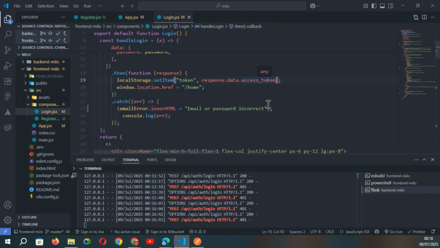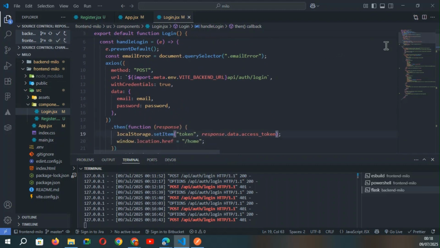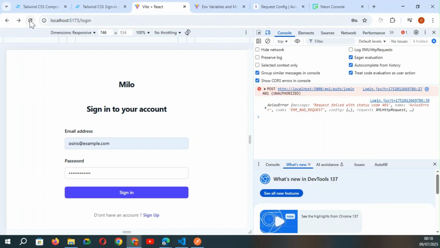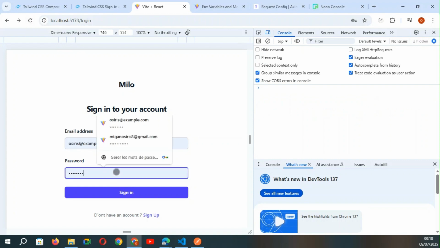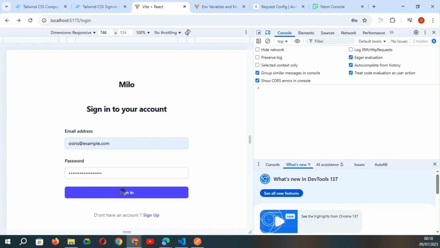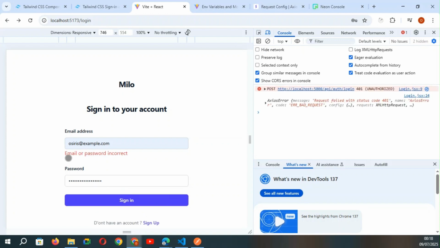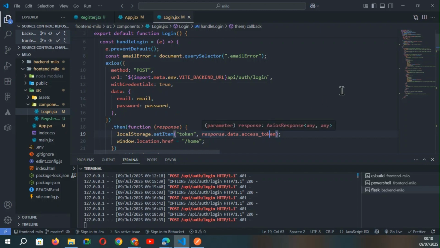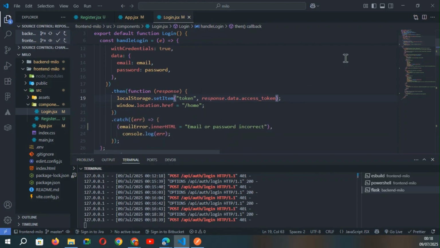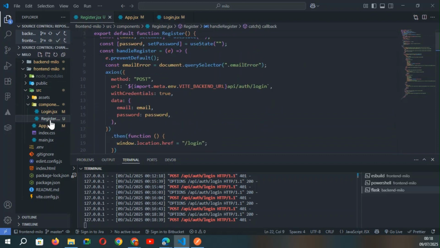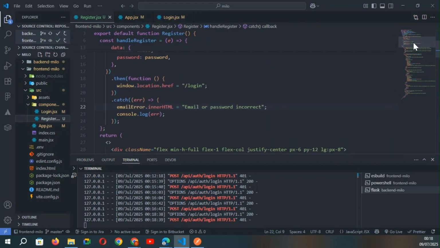Okay, and if I try, I refresh a page, enter a bad password, sign in. Yes, I have my notification: email or password incorrect. So please make a same thing in the component register here, for example. Okay, write correctly a method